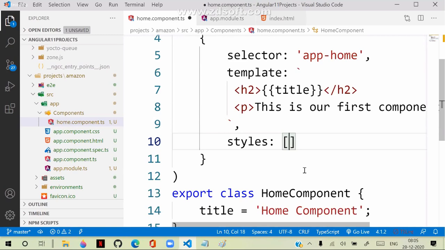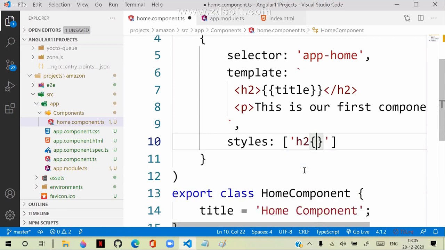So it is an array of strings. That means here, how do we write the styles? It is a string array. So I am writing the style. First, I will write for heading. How do you generally write styles in a CSS file? In the same way. I will write heading 2. For heading 2, what effects do you want to keep?